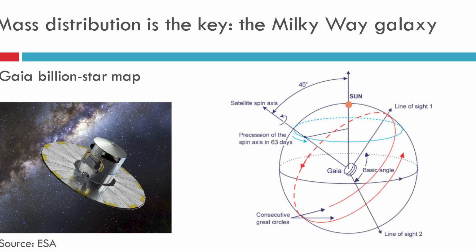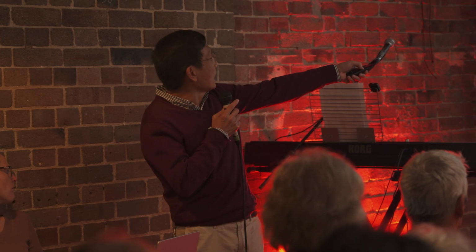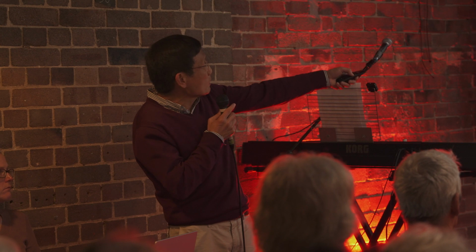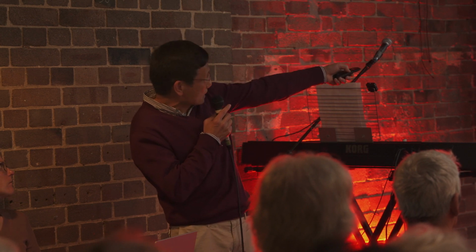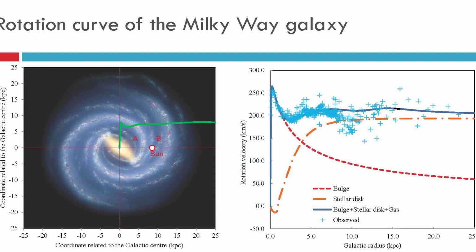So how can we do this? When you look at this mass distribution, you need that rho, which is the mass distribution function. When you look at a galaxy, that's very, very hard to find. Luckily we have the Gaia satellite. By using the latest Gaia satellite data, we can simulate the Milky Way and calculate the rotation curve.